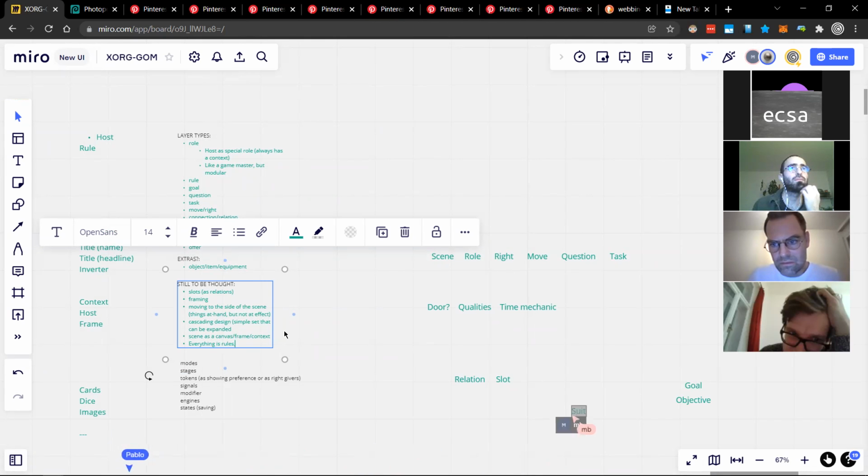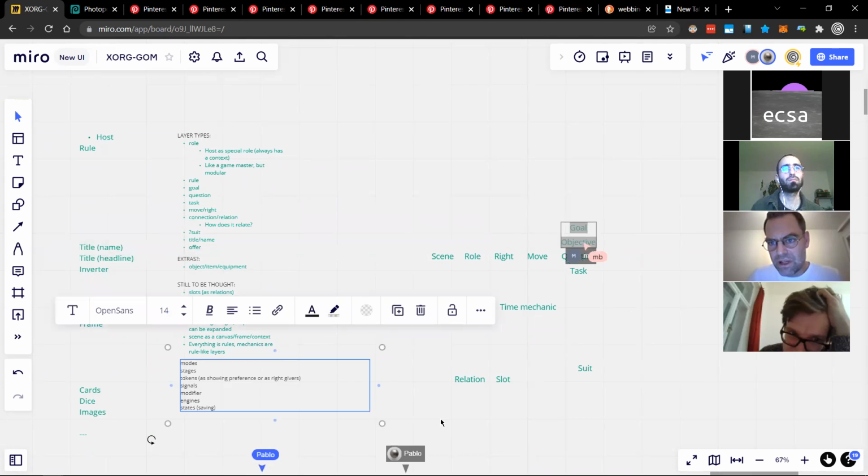I'm making it a little bigger now. What I've been doing here is putting on a vertical axis things that I feel relate with one another, so that one could choose among those.